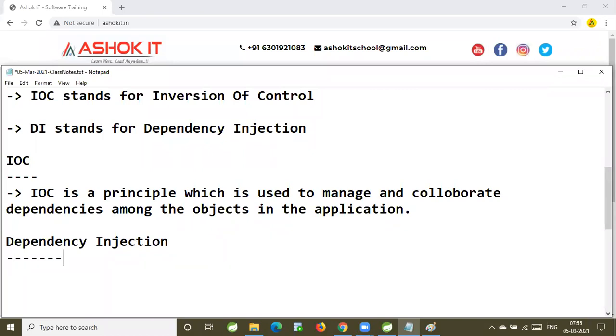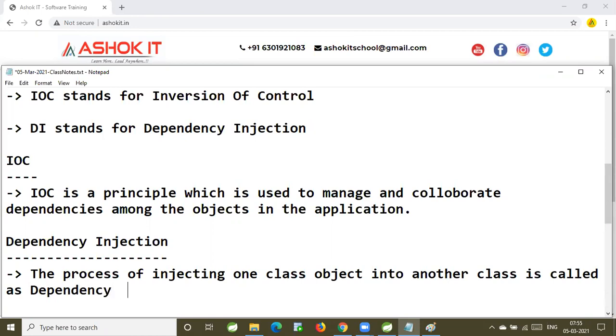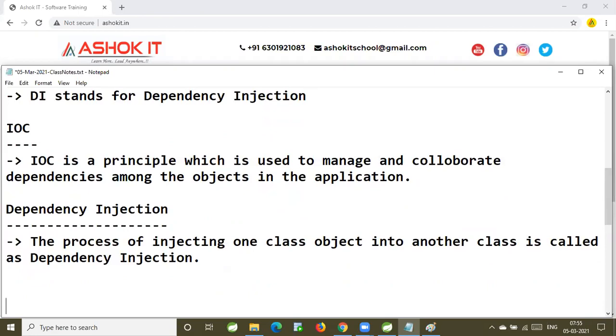The process of injecting one class object into another class is called dependency injection.